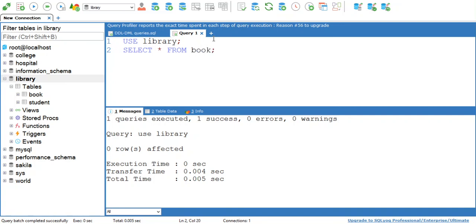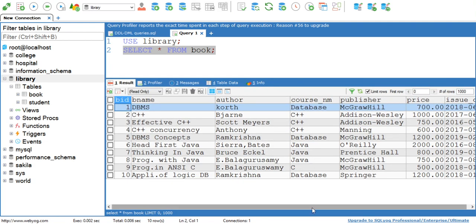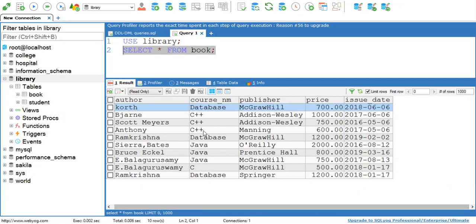Select query is used to display data from the table, and when we write star in that select query, it means that we want to display all attributes and all rows. Okay, so here at the output section you can see the data which is stored in a table. Here I have book ID attribute, that is BID, which is used to give unique ID to the books. Bname is used to store names of a book. Author attribute is used to store names of author for the corresponding book. Course name indicates the course for which that book is written.